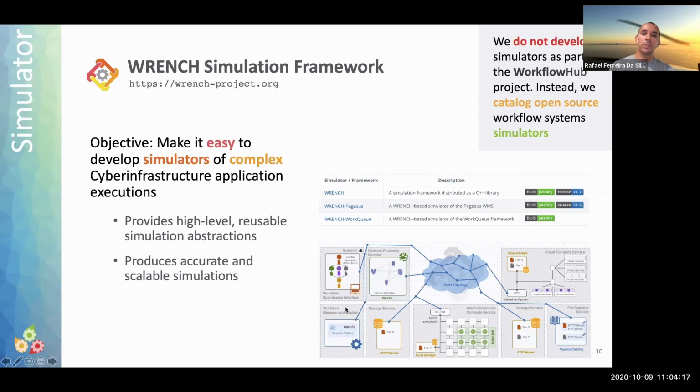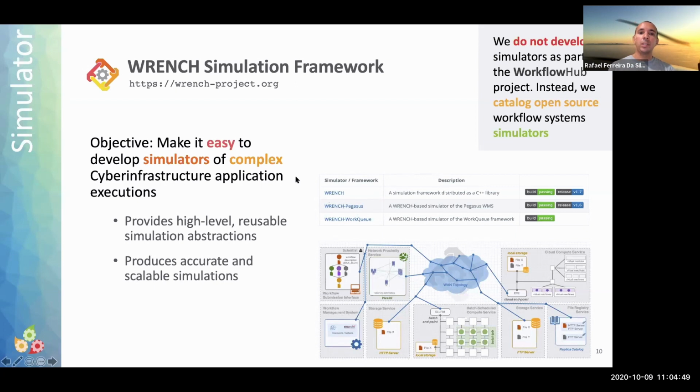There is a workflow system, and there's a scientist who wants to run some workflows. The way you can do that with Range is to use the building blocks for each of these systems, put them together, and build up your own simulator. You can extend it by doing your own scheduling algorithms, energy usage algorithms, cost algorithms, and basically any kind of research you want to do. Once you build your simulator with Range, and there are two that we already provide, the Pegasus one and the WorkQ one,